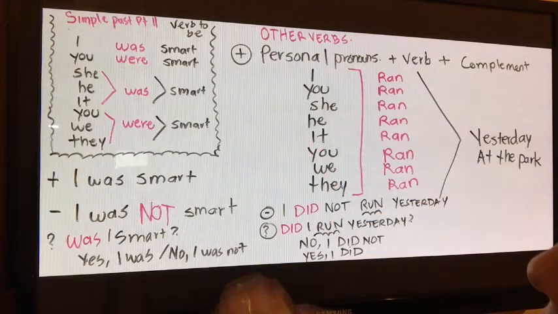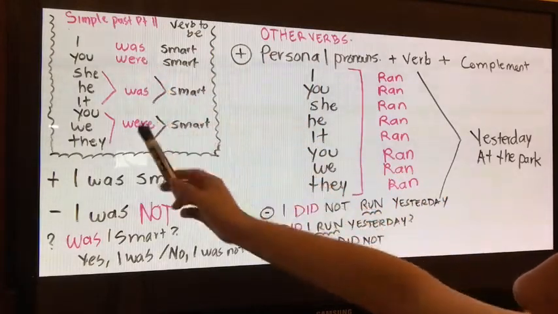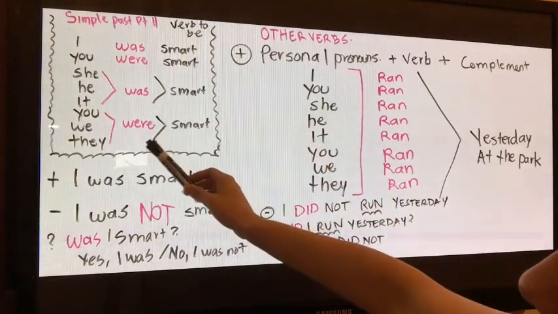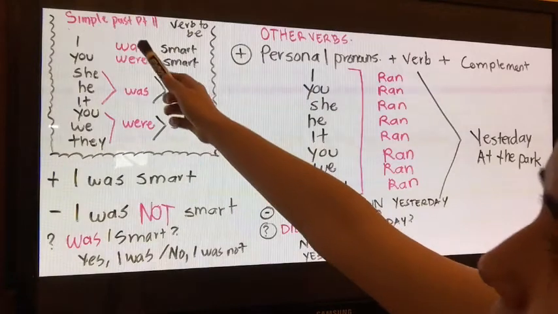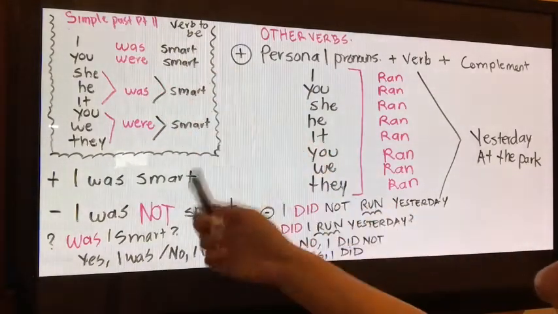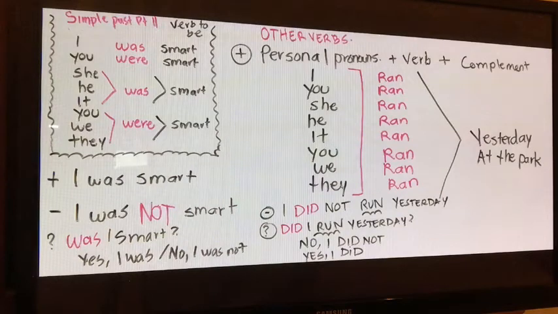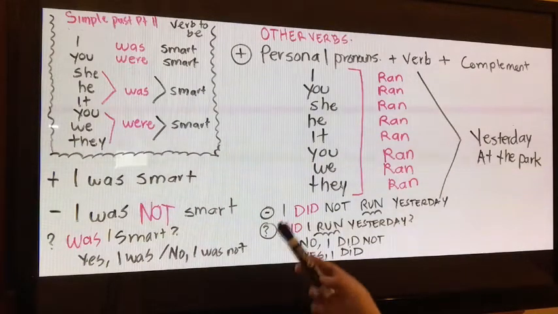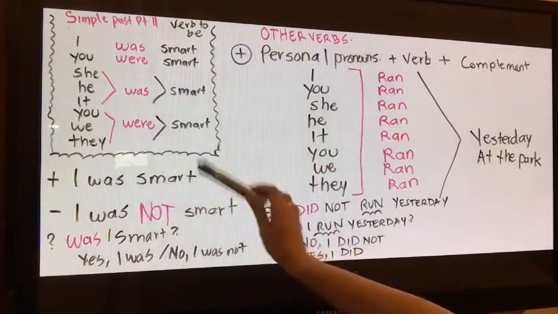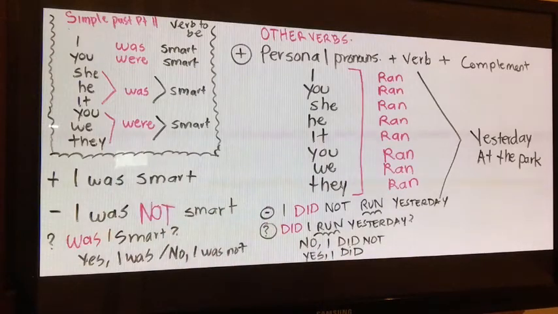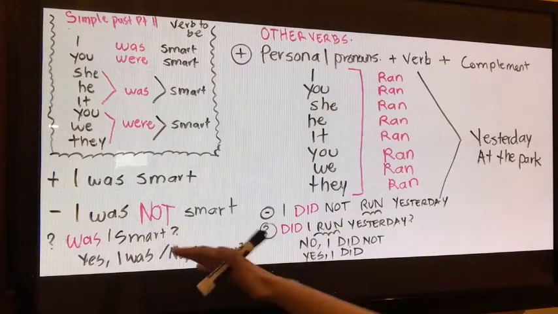And I just showed you how you have to conjugate this verb in simple past, that as you can remember, we have to use with every single one of these pronouns. And the only two options that I have here is either was or were. And then we have to add a phrase, an adjective, or another noun. And I showed you how you have to use the positive or affirmative structure, how you have to use the negative structure, and how you have to use the question structure or interrogative structure. And as well, how you have to answer when you're using these type of questions that are closed question or